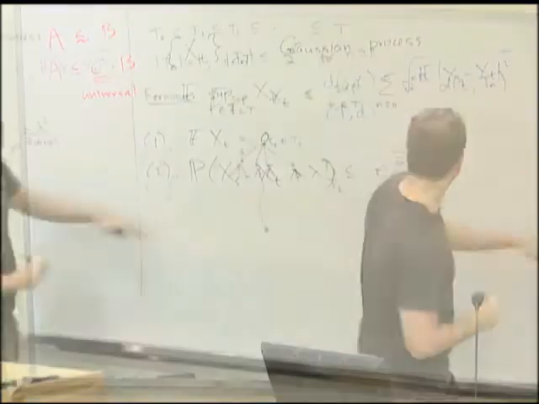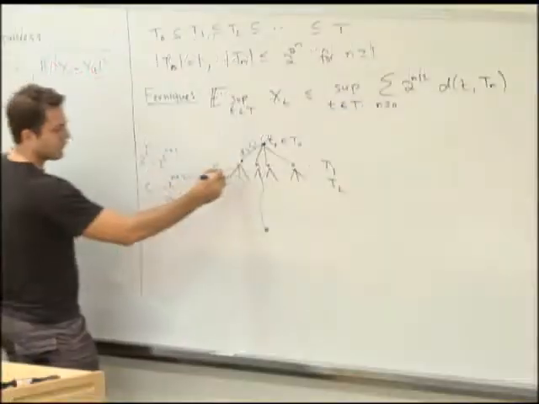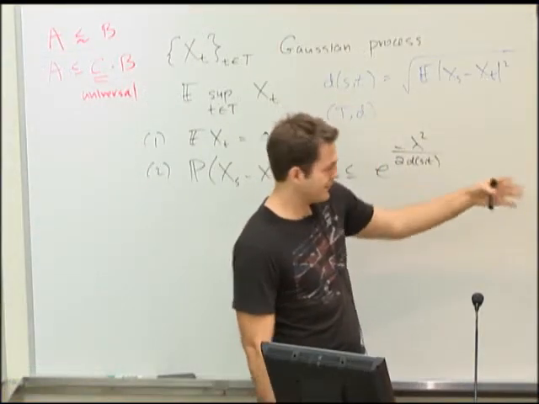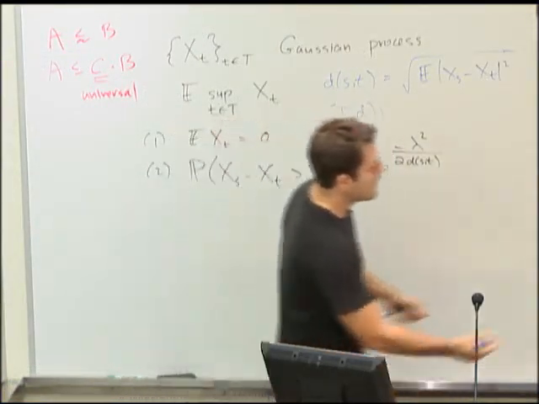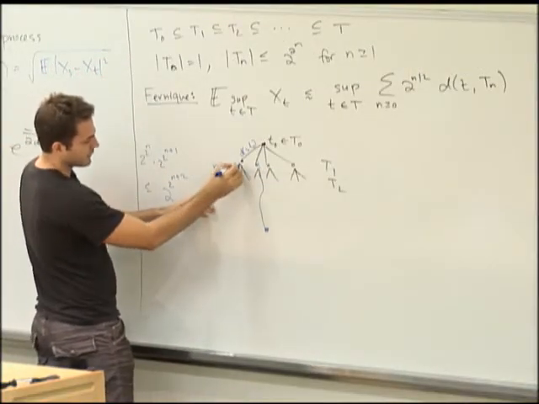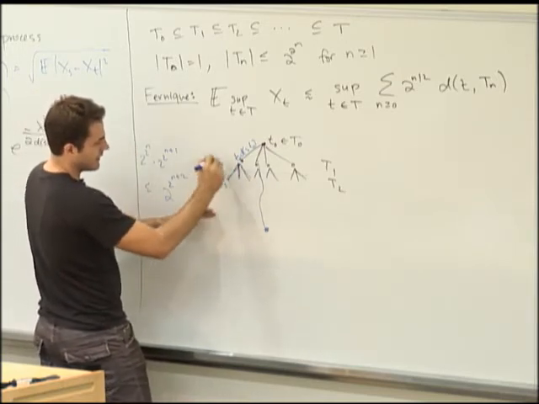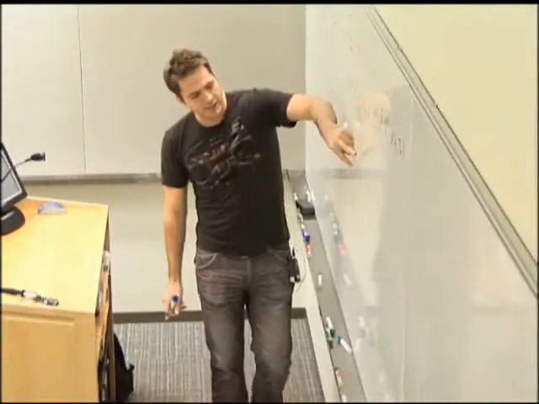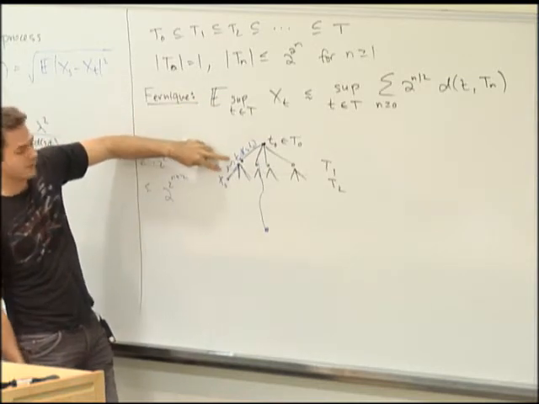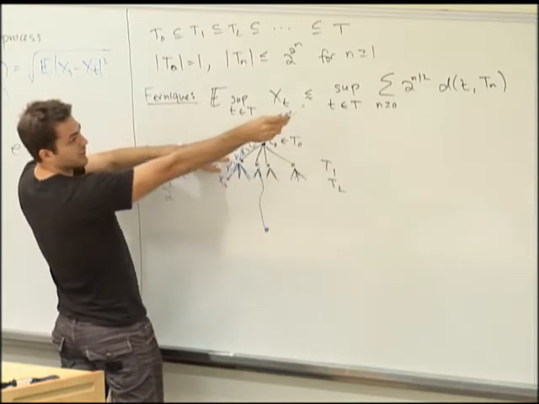Okay. And then if we apply this concentration inequality, what we get is that we can take a union bound over all the edges. By the way, if you didn't see the last talk, this is not necessarily going to make sense. It's just a refresher. I assume that people saw the last one. But basically, if we take a union bound over all these edges, we can be certain that if we have xs minus xt here, then xs minus xt is at most 2 to the n over 2 times its length. So we take a union bound saying that none of these edges is stretched by more than 2 to the n over 2.